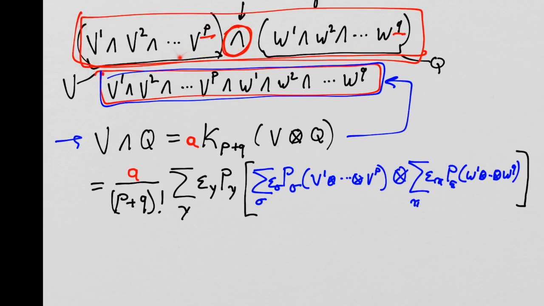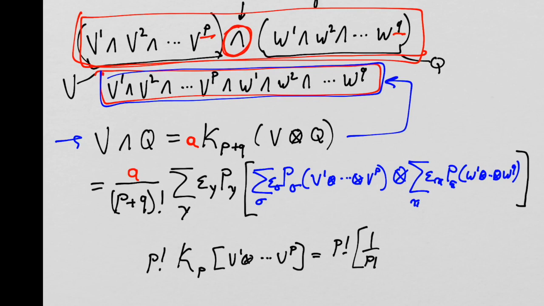The definition of this guy right here, based on our convention, is going to be p factorial times the sum over, well, it's going to be p factorial times the P transpose of v1 tensor product vp, which is p factorial times 1 over p factorial times the sum over all parity sigma, sigma transpose, v1 tensor product to vp. Right, so these cancel. And that's why you don't see any additional p or q factorials here and here,